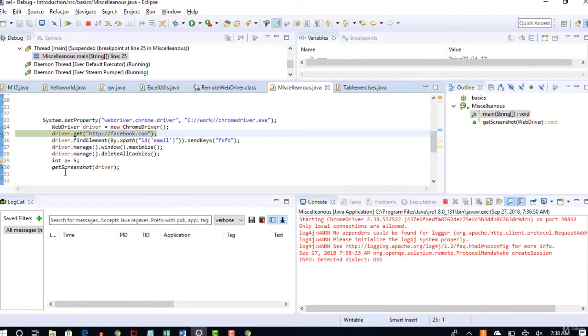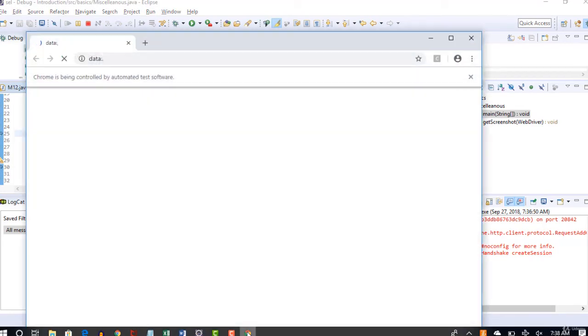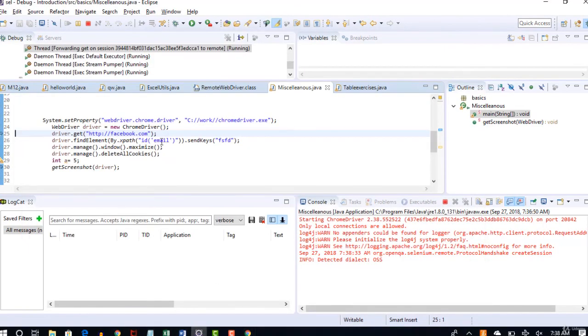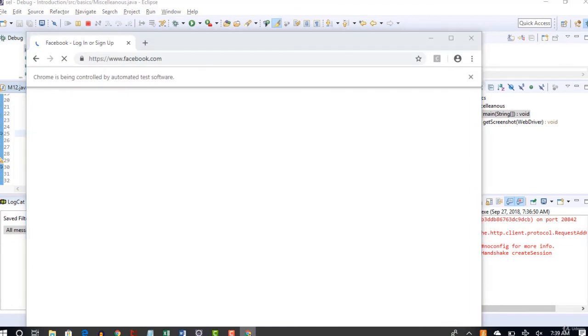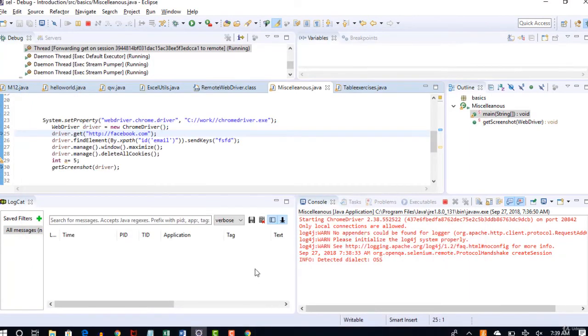So my next debug at this line, so I'll resume my execution, and now it will hit Facebook, and it goes to email, send the keys, maximize the browser, delete all the cookies, store the variable five in a, and then reaches the point of get screenshot, and then it stops there.